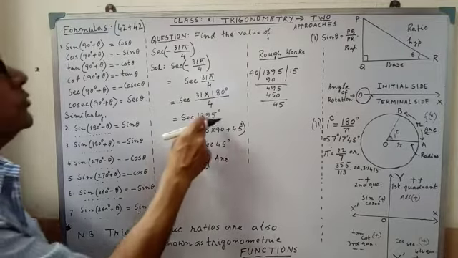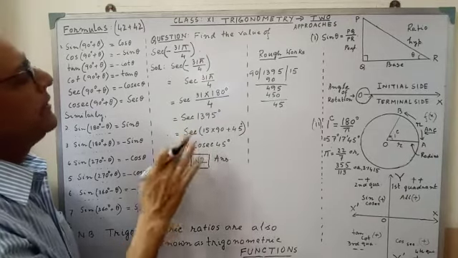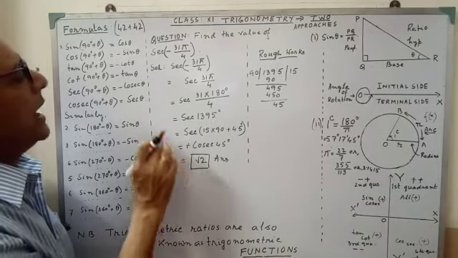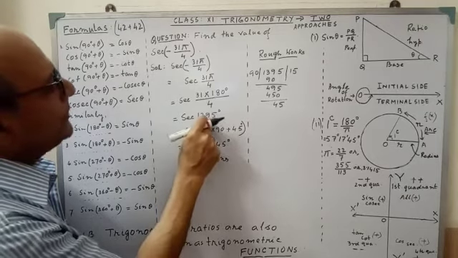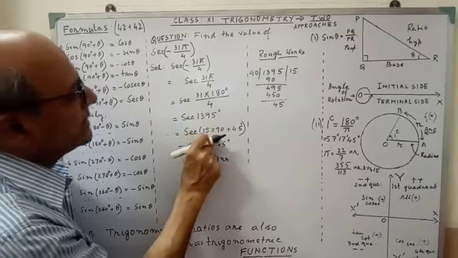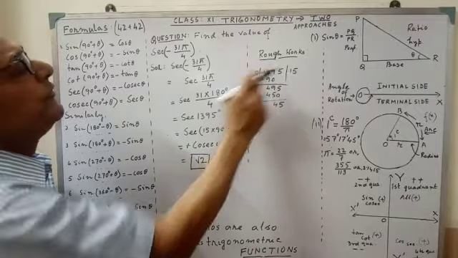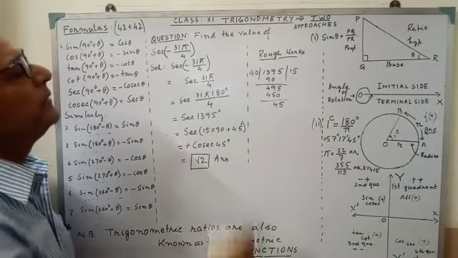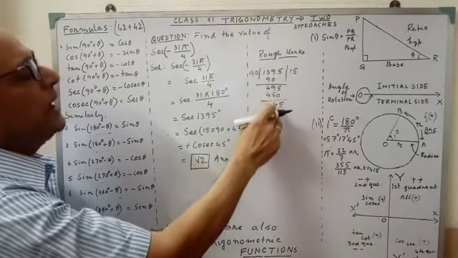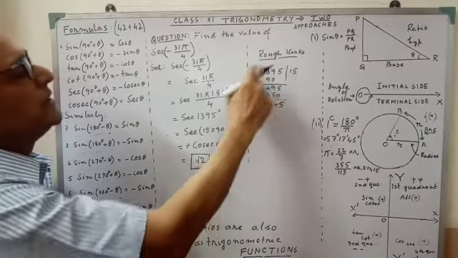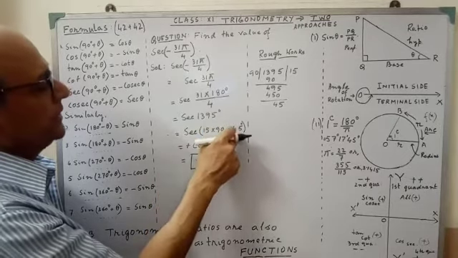Now the question, how will you get the value of this angle? To get this value, there are many processes. Among them, I have followed this method. We have to replace this by this expression. How? We have to divide the given angle 1395 by 90 degree. After division, we are getting 15 as quotient and remainder 45. So we may easily replace this by 15 into 90 plus 45 degree.